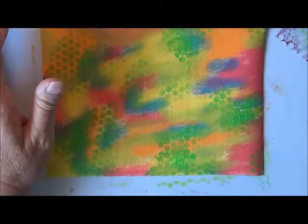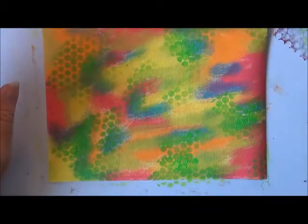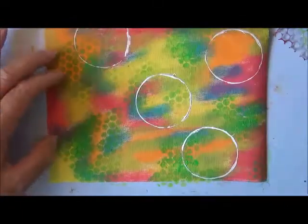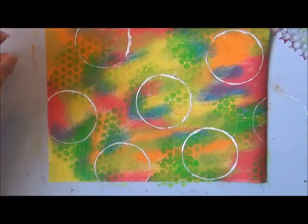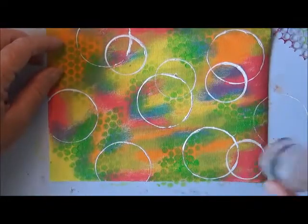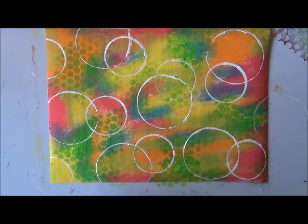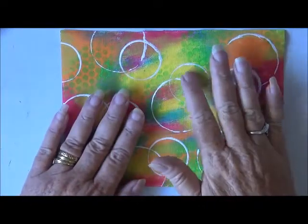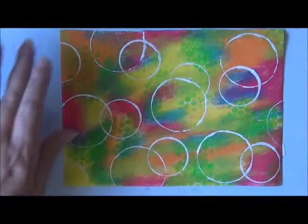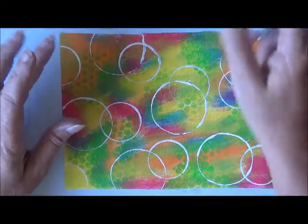And now I'm going to use some white and do some bigger circles. And I've got a smaller one. So I'm going to just let that have a dry, and I'll be back on to do some more stuff with it. My circles are just pretty much all dry. Yep. So now I thought I want to bring in a bit more colour into it. So I'm going to use some of the blue